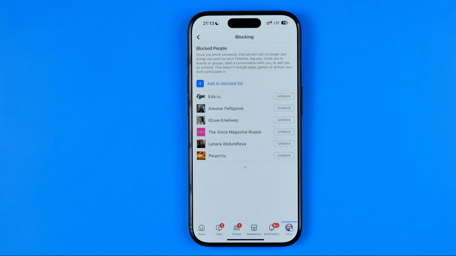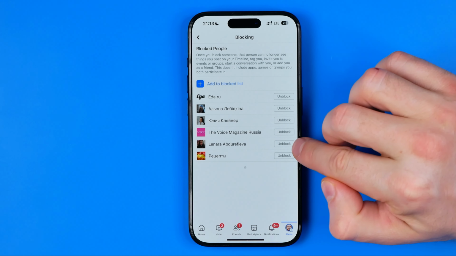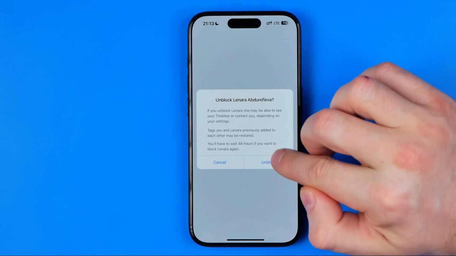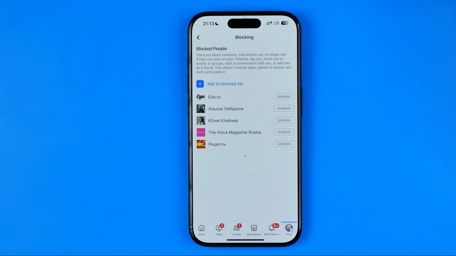and that's where we can unblock any user or a page simply by hitting at the unblock button, just like that. Then hit at unblock to confirm it, and as you can see, the user I've unblocked has just been